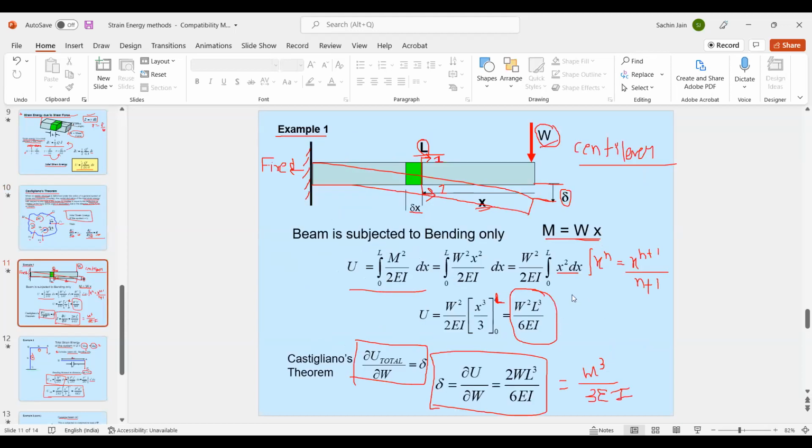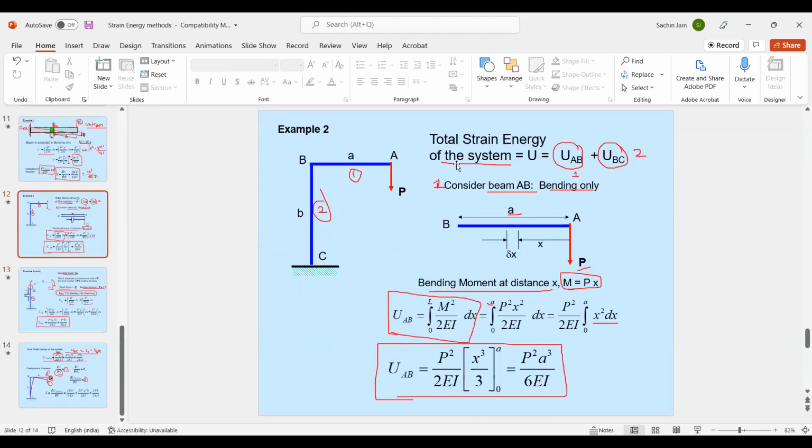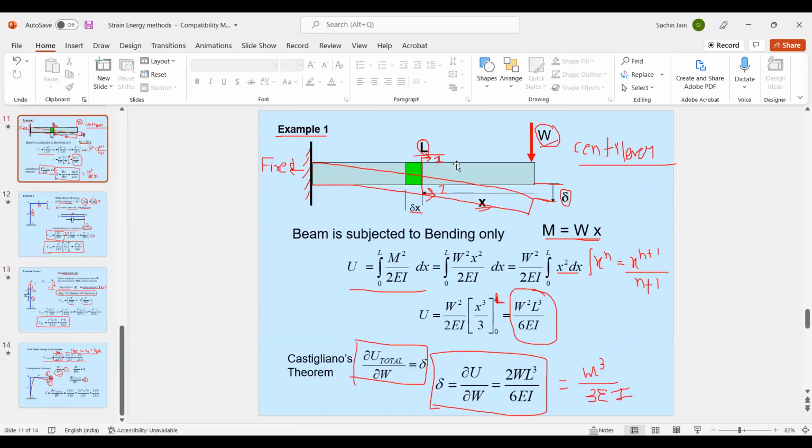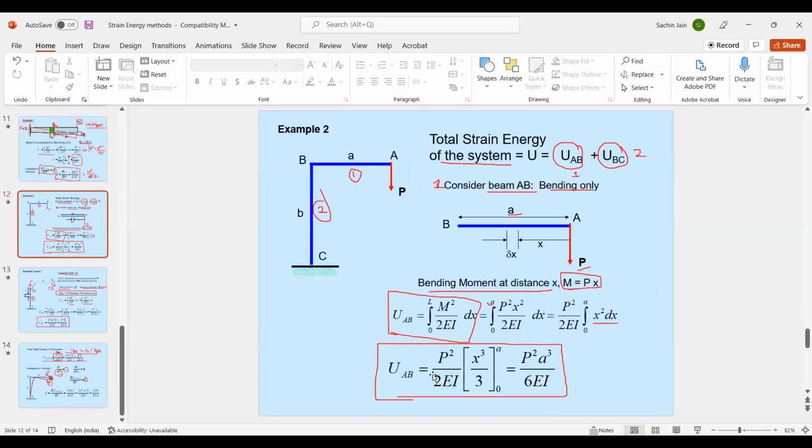So this is the first example and this is the second example. In the first example, it is very simple. There is one member, the force is a direct force, and due to the force the bending will be there, which we have calculated. We followed the normal procedure that I explained, and from the Castigliano theorem we have determined the displacement. In the same way, in the second example, the total strain energy of the system will be comprised of the strain energy of member AB